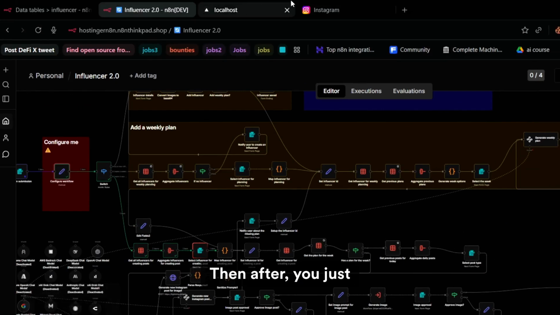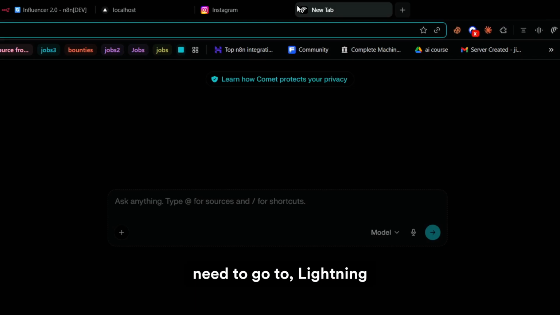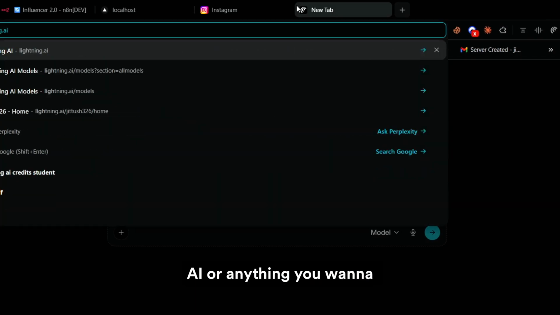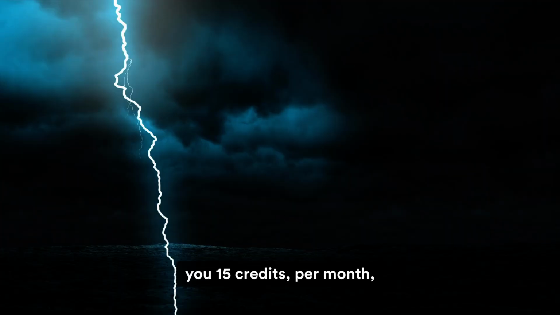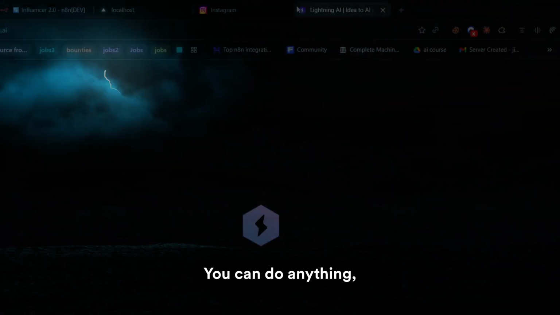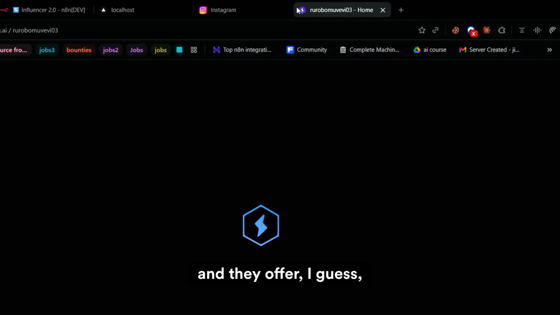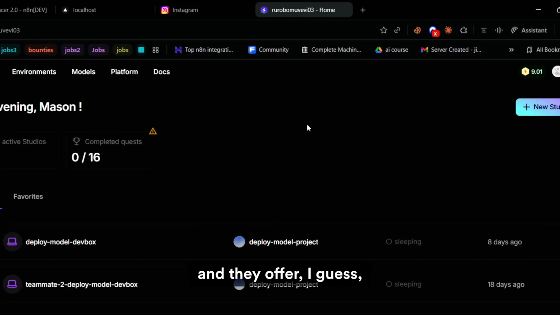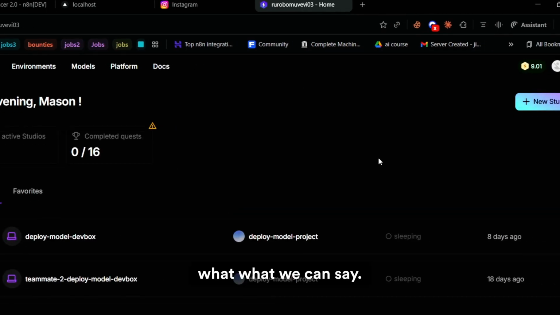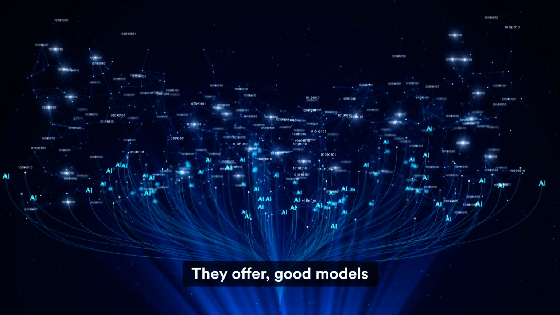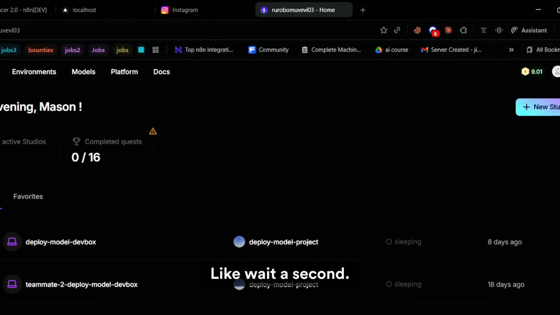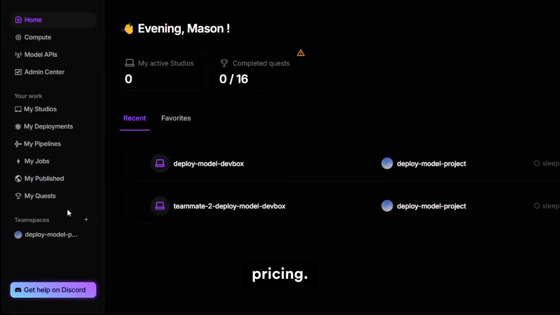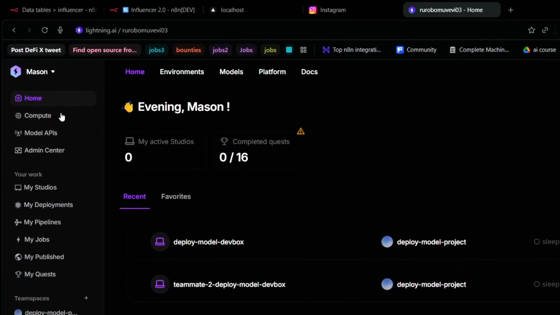Then after, you just need to go to Lightning AI or anything you want to use for a free GPU. Lightning AI gives you 15 credits per month, which is very good. You can do anything, and they offer good models as well. Wait a second, let me show you their pricing. Compute